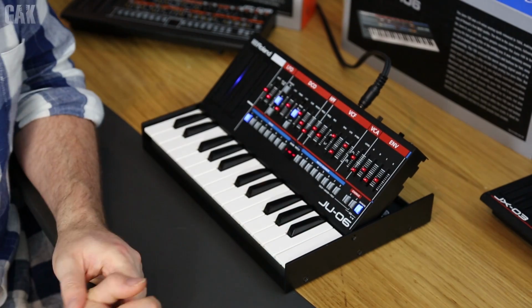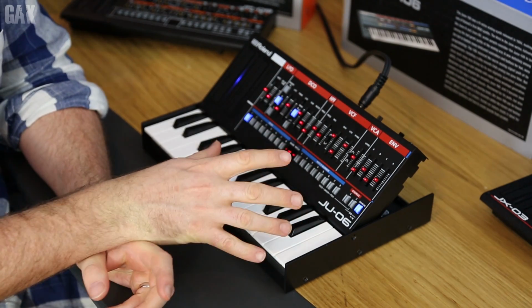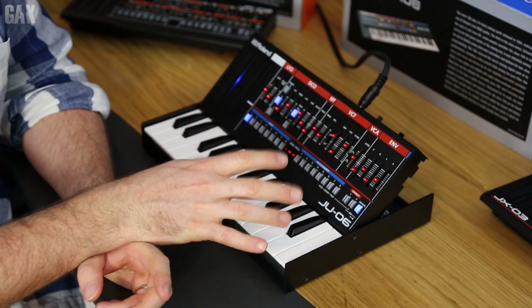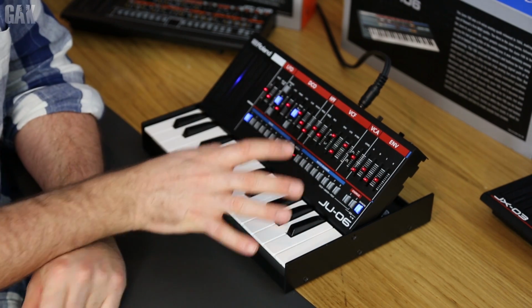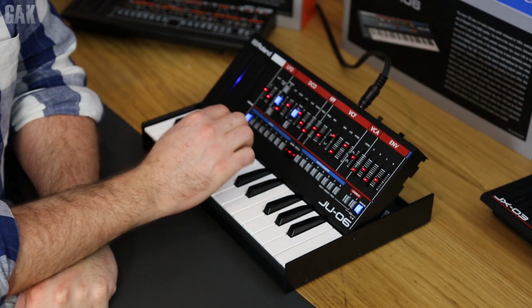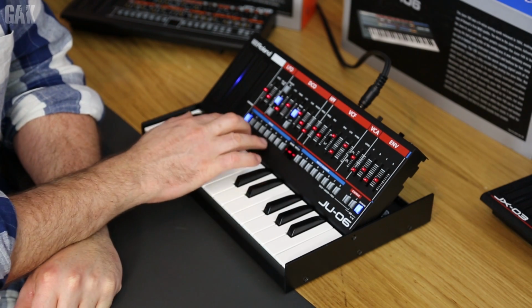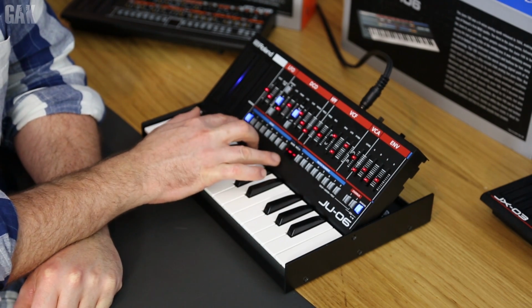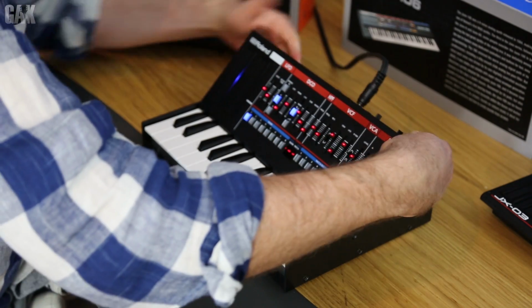So here is the recreation and boutique style of the Juno 106. Anyone who's ever come across a Juno 106, 60 or 6 will be instantly familiar with the control layout. This is pretty much absolutely identical in terms of controls to any of the Juno series. And the patch and recall system is identical also to the Juno 106. Now, you can actually set these so that they lay down as well,